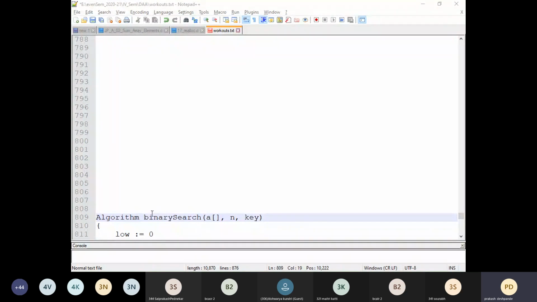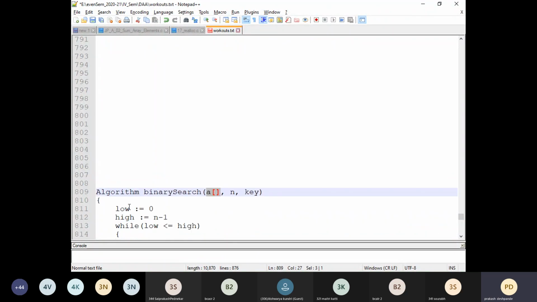Now, we have the binary search algorithm which accepts three parameters. The first one is the array. Second one is the number of elements in that array. Then the key element. Key means the element which we are going to search into the given array. Okay. Now, as we know, we need to have two things. One is the low and the high. Low is what? The first index. First index means 0 is the first low value, and high means the last index. Last index is nothing but total numbers minus 1. Okay, so we get the low and high in the initial part.